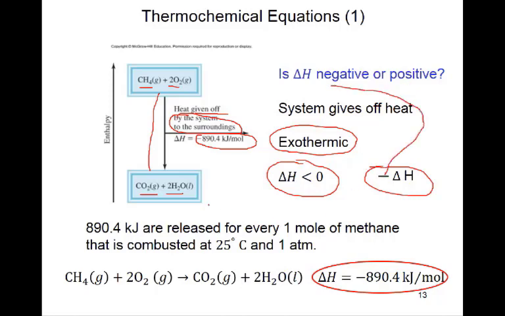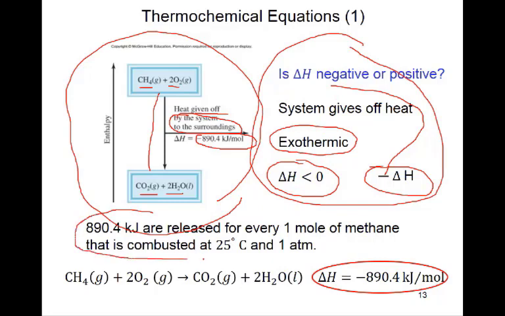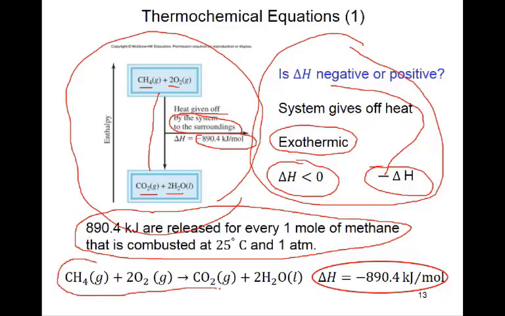This is the graphical presentation that methane is burning. This is the mathematical representation: exothermic reaction, minus delta H, delta H less than 0. And this is the description: 890 kilojoules is released for 1 mole of methane burning in the presence of oxygen. This is called combustion, at 25 degrees centigrade and 1 atmosphere. Energy is given out, and this is also exothermic. And this is the chemistry way of writing: methane plus oxygen changes to carbon dioxide and water, and minus 890.4 kilojoules per mole of energy is given out. So this is an exothermic example.